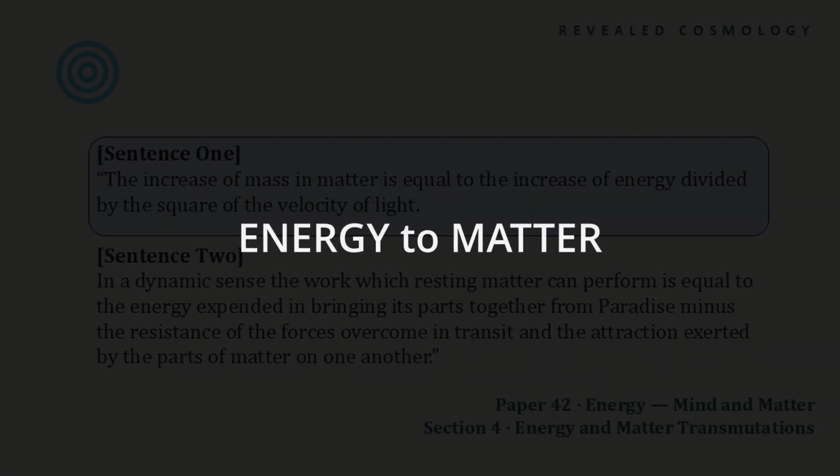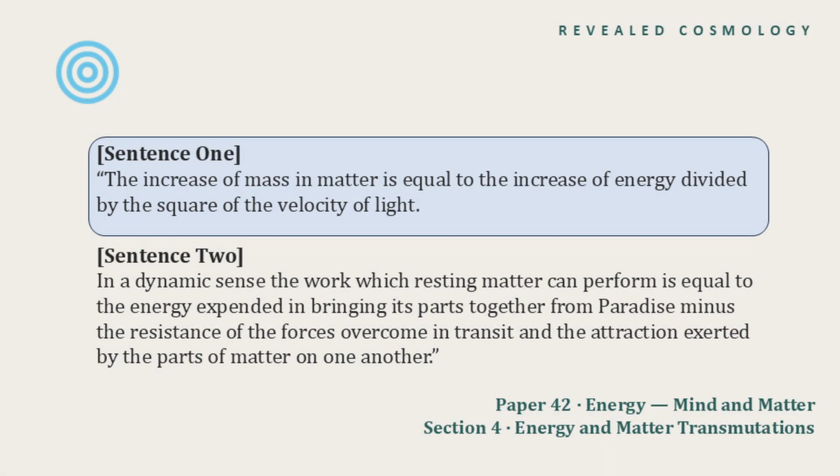The paper addresses both manifestations of energy, mind as the non-mechanistic register in which creation is planned and administered, matter as the mechanistic register in which energy becomes observable. This study focuses on the energy to matter side, which is where Einstein's equation operates. Within paper 42, at section 4, paragraph 11, the energy equation is given.